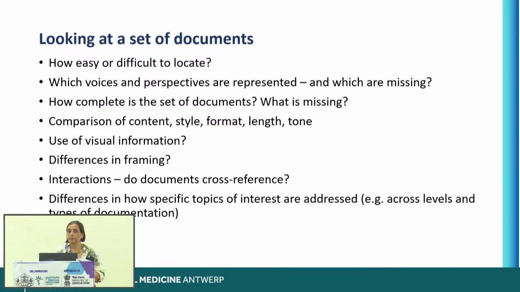Which ones are missing? So for example, the student I had some years ago, Solomon knows her, she did some work on the uptake of pentavalent vaccine in India. She was looking at the policy-making process. And we knew that there was a big anti-vaccine lobby in India at the time. I don't think she adequately captured those perspectives, simply because it was difficult for her to get them on board, because by this time the thing had already been launched and they had faded slightly in terms of their importance, and I think people weren't willing to speak so much about it, even though it was very important at the time. So you need to acknowledge that. How complete is the set of documents?